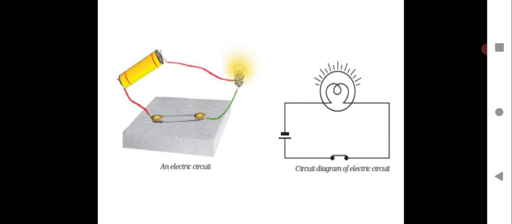What you have to do is draw the diagram which is shown on the right hand side. That diagram has used the electrical components which you have learned. Here the bulb is shown with its symbol. You can see the key in on position because it is closed, so the connection is complete and the electric current can flow and the bulb will glow. You can see a cell with a negative and a positive terminal. You just have to draw this in your notebook. Draw the diagram which is shown on the right hand side, the circuit diagram of the electric circuit. Please draw this diagram in your notebook, all of you.